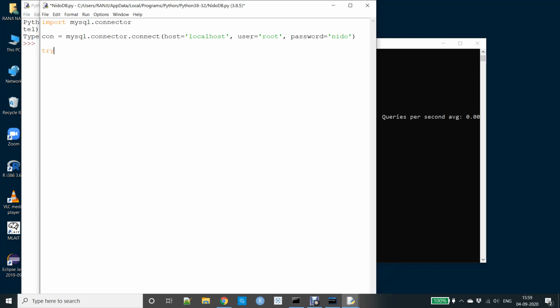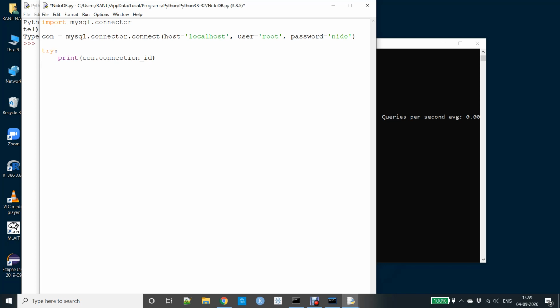In the try block we print the connection ID from con, using the connection_id variable.